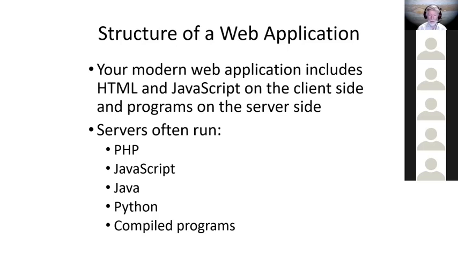Anyway, so you have JavaScript, you can have Java. Java servlets will run on the server, and you can write a Java program to do the server side. Python is becoming more and more popular. You can have Python programs running on the server, and you can have compiled programs. That is, you can write a program in C or C# or C++, compile those, and then run those on the server. There is a performance improvement, of course, for compiled programs as opposed to all the others I've mentioned,